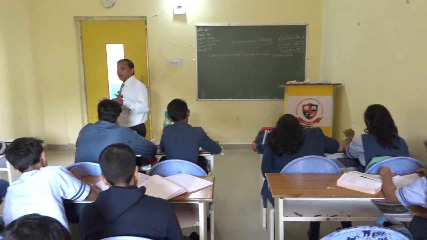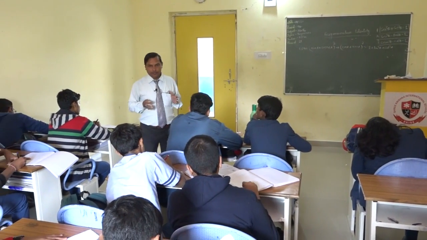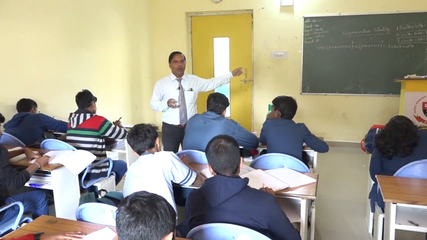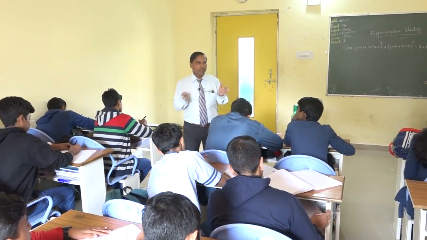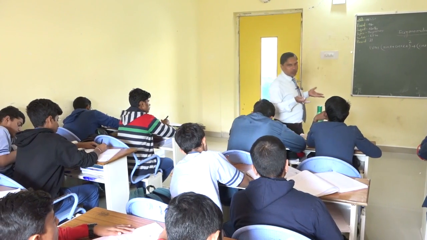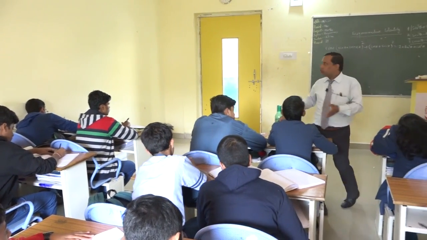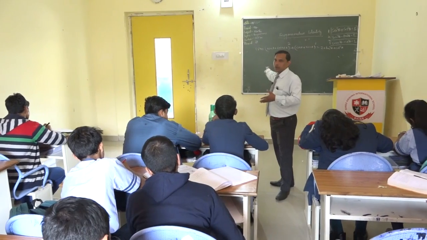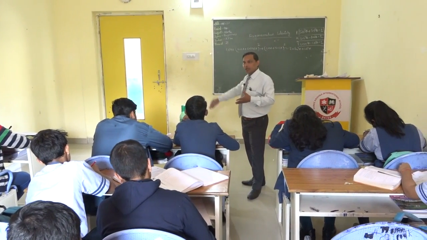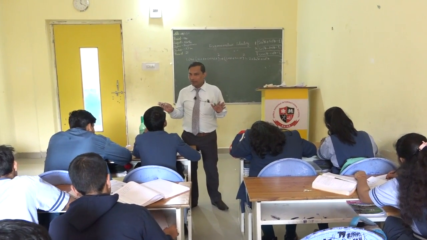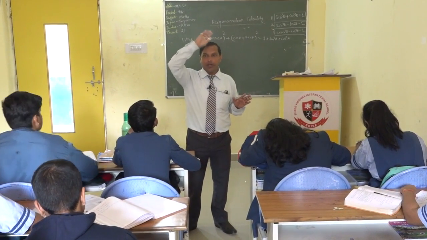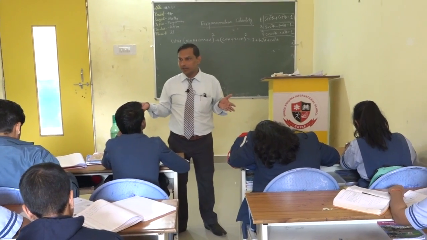Got it clear? What you already read in standard 8 and 9, that identity you are required to use by putting the trigonometric ratios. Same idea, same formulas. As you know, what is (A plus B) whole square? A square plus B square plus 2AB. Here also we will put the same formula: (sin A plus cosec A) whole square is sin square A plus cosec square A plus 2 sin A into cosec A. Am I right? If you forget that formula, then you cannot do anything here.